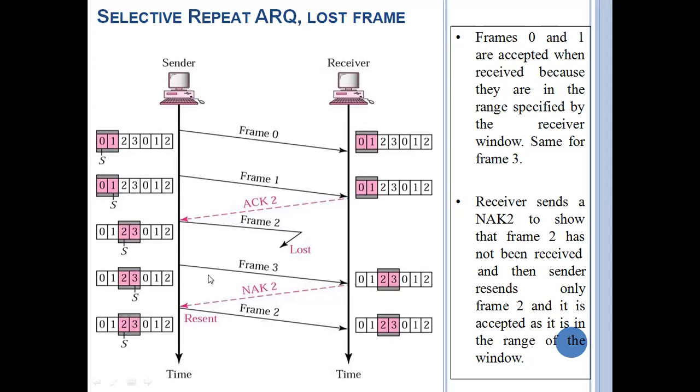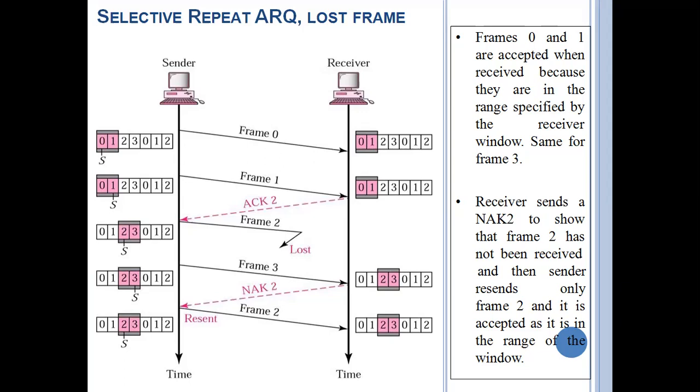In the general case, we have to wait for the acknowledgement, and only after receiving the acknowledgement do we send frame 3. Otherwise, we have to resend frame 2 until we receive the acknowledgement. That is the problem. Selective repeat and go back N are the solutions for the stop and wait protocol. How the solution works is as follows.